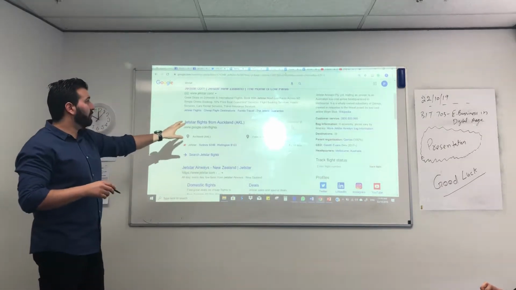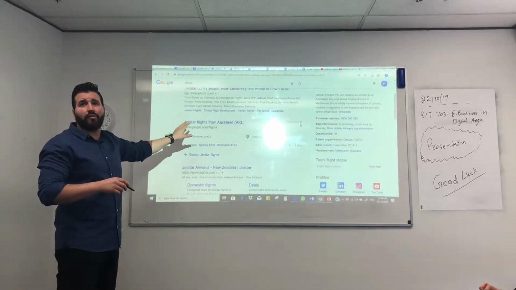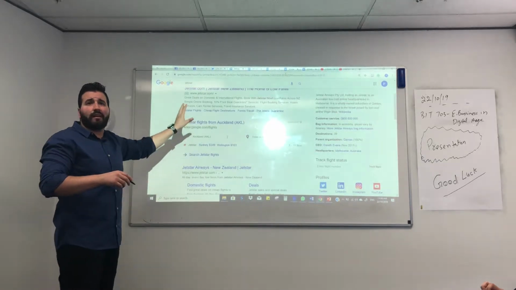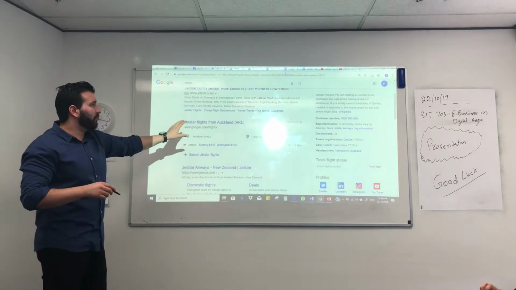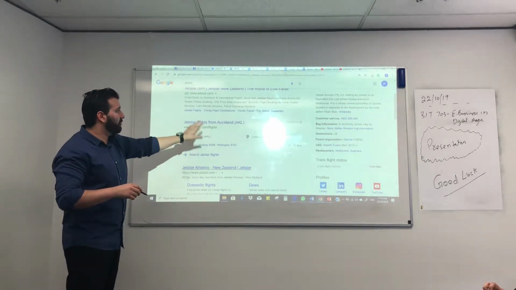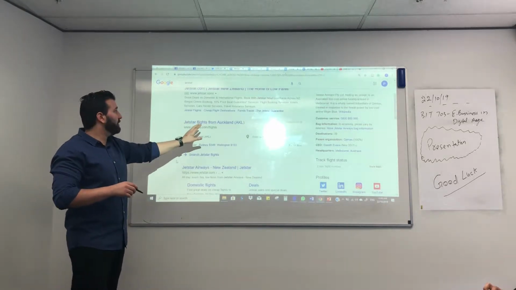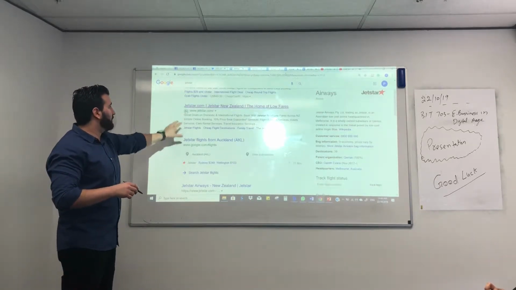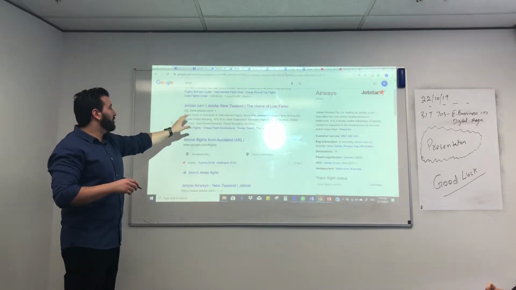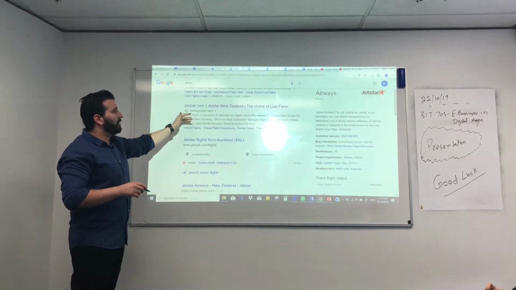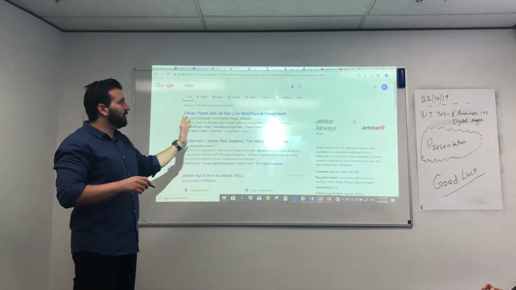All right. Also, this one here is a sponsor, so it's also paid. So Jetstar has two different ways. It has this feature, which displays the company and lets you track your flights, tickets, and operations. And it also has Google Ads, which is another paid feature that displays the company at the top of the search ranking. Right. So on the right side,